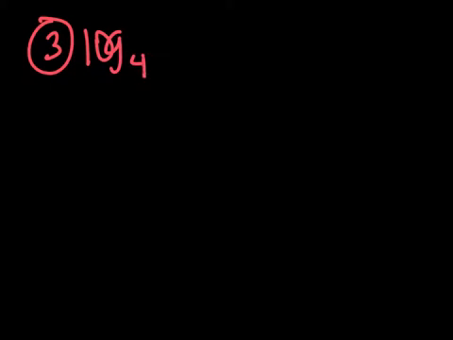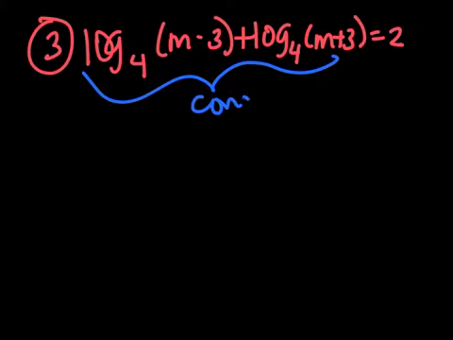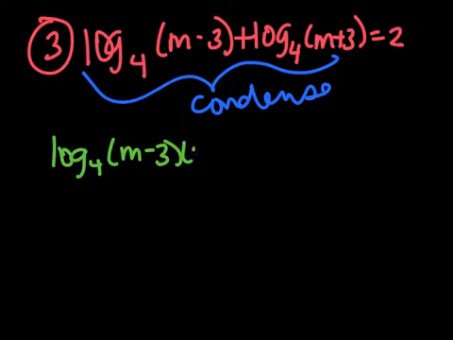Log base 4 of m minus 3 plus log base 4 of m plus 3 equals 2. Anytime that you have two separate logs, if you're going to solve, you need to condense these into one. So since this is addition here, I need to multiply these two together. That's going to give me log base 4 of m minus 3 times m plus 3 equals 2. Since I don't have a log on the right-hand side, I'm going to have to rearrange